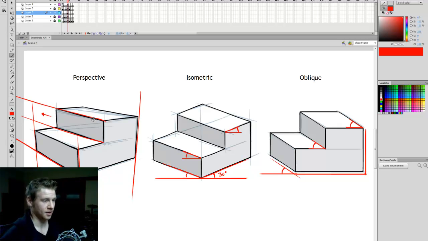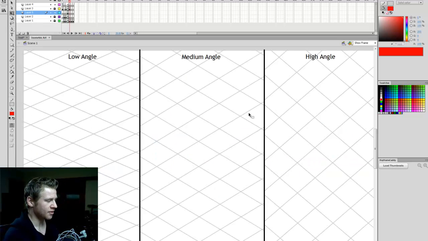Trust me, I haven't seen it done well before, ever. It's extremely rare. So now, the second thing I'm going to talk about in regards to isometric images is the